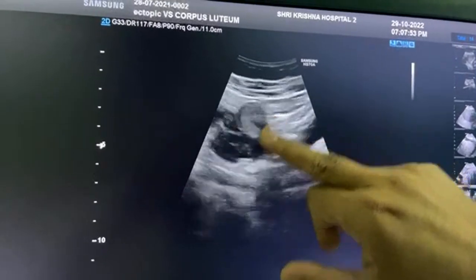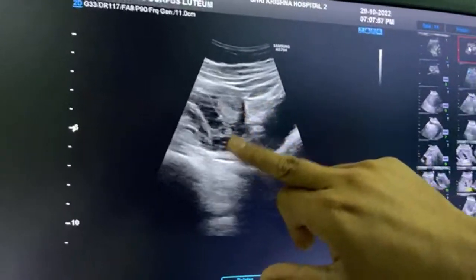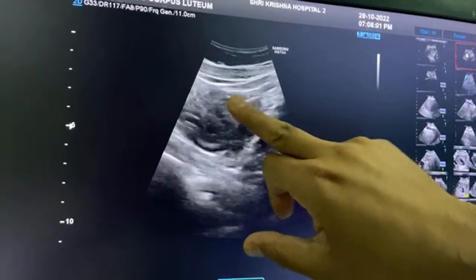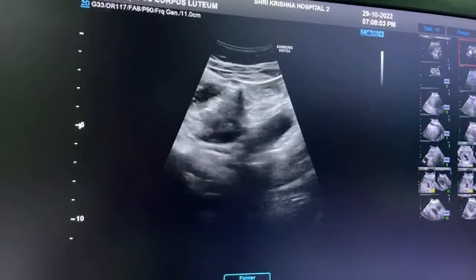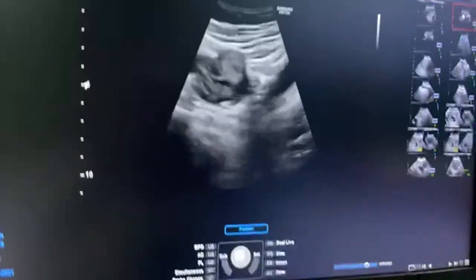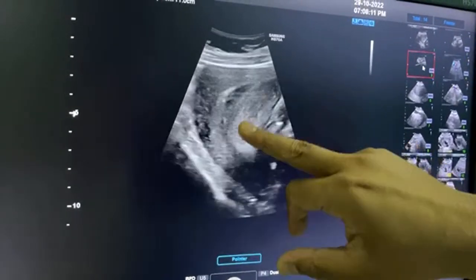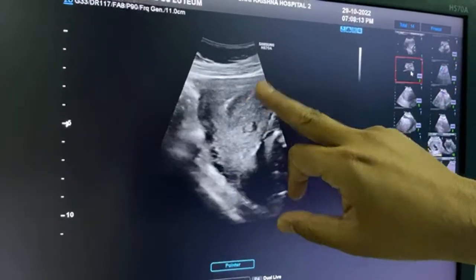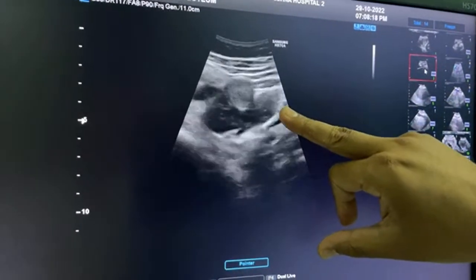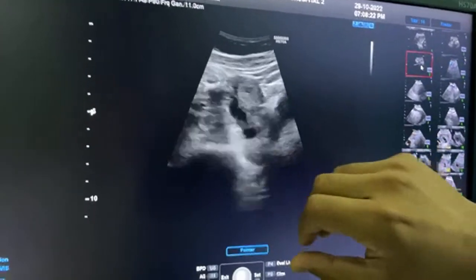We are suspecting, see this carefully, this is the ovary clearly outlined and we are seeing this echogenic mass. So an echogenic, heterogeneous, mainly echogenic mass around the ovary, think of ectopic. So this is the first rule. ET less than 11 mm, thin, empty endometrial cavity. It may show some free fluid.